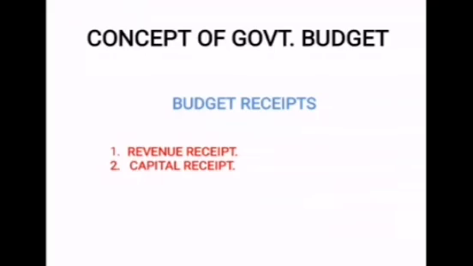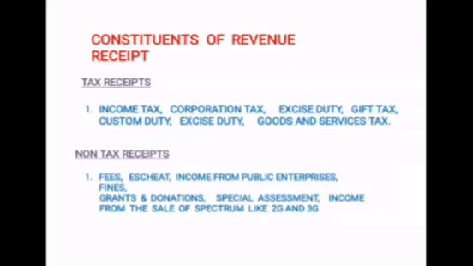So budget receipts are divided into two parts: revenue receipt and capital receipt. Further, the constituents of revenue receipt are divided into two parts: tax receipt and non-tax receipt. Let us try to understand